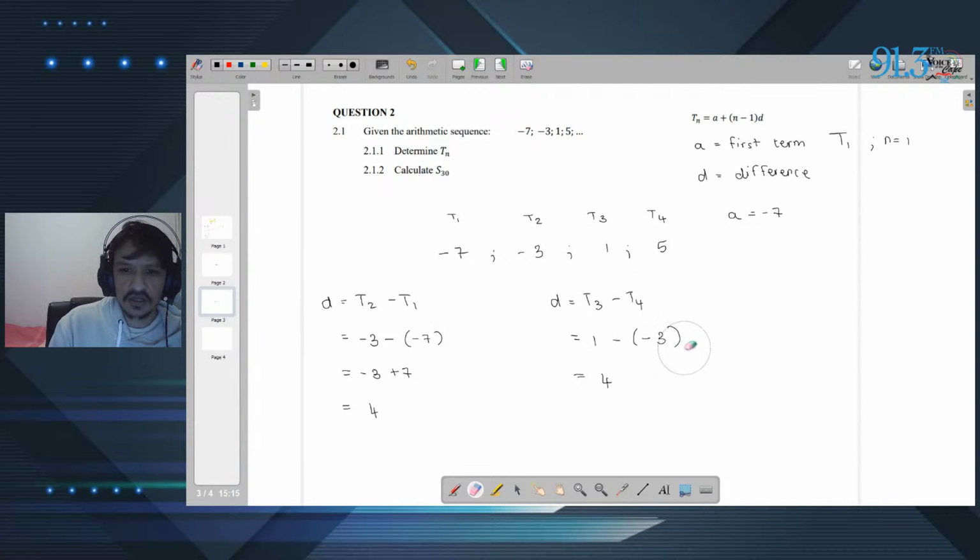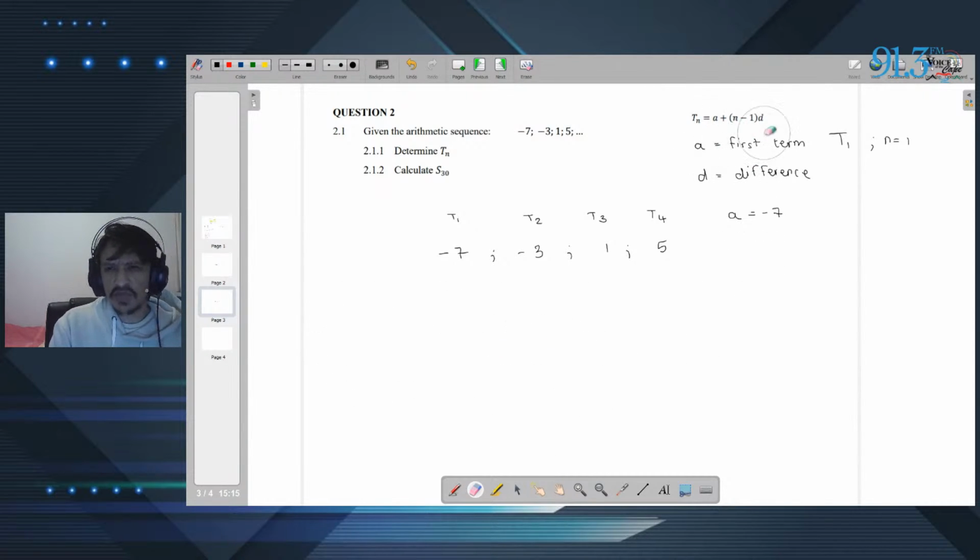It's a consistent difference, a consistent first difference as well. And that's what makes something an arithmetic sequence, if you have a consistent first difference. If you end up having a consistent second difference, however, that's known as a quadratic sequence. Okay. Now we can go ahead and determine Tn,